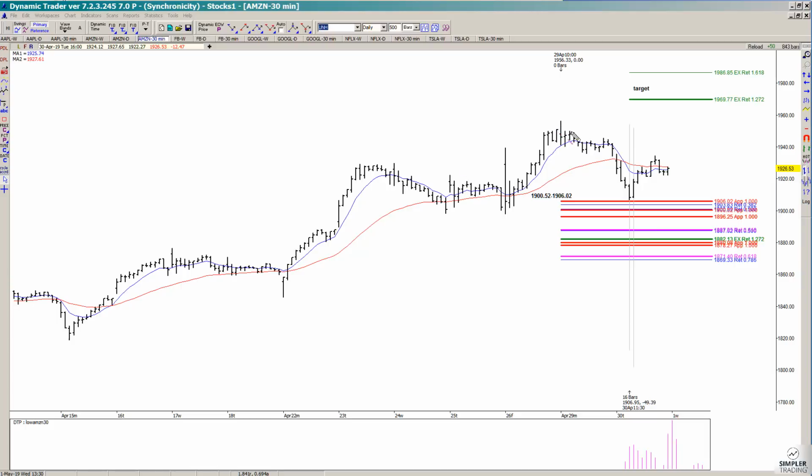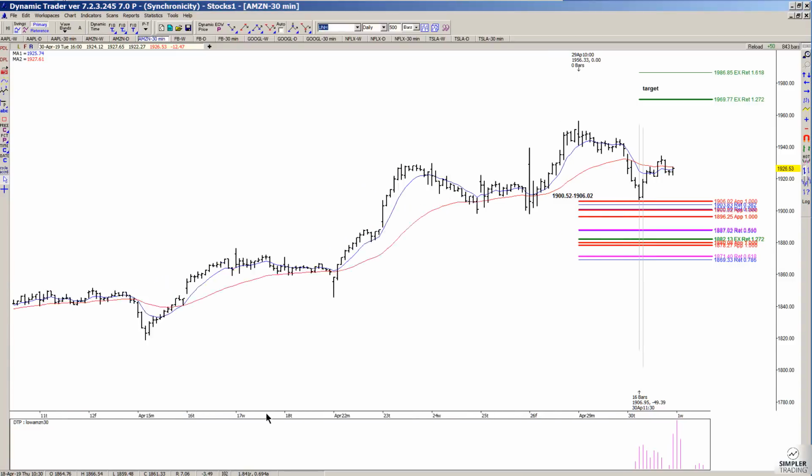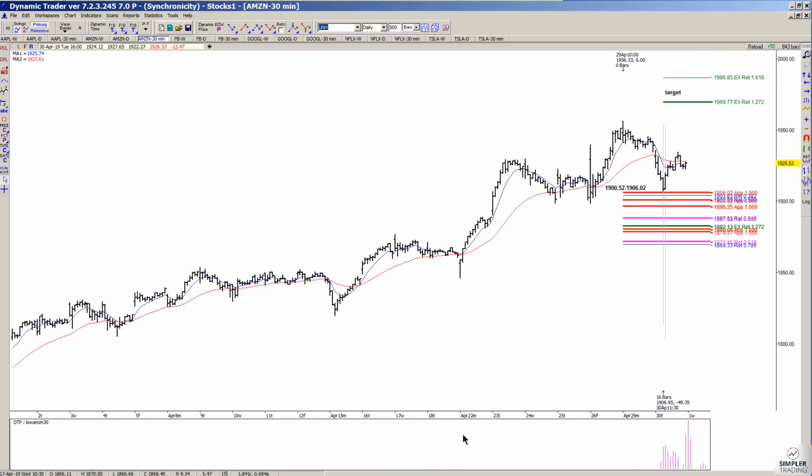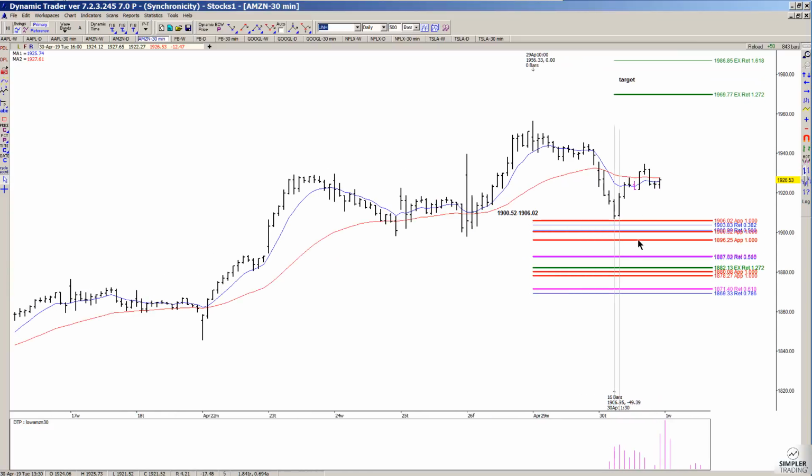So when Amazon was falling this morning, basically what I did was take all of the projections of the prior declines, but I did that from, let's see, all the way from back here. Okay, so I ran all of those projections, I ran the retracements and all that good stuff, and we had a couple of symmetrical projections at this 1900.52 to 1906.02 area. Now, it wasn't a perfect hit, but it was close enough. 1906.95 is close enough, especially when you're looking at